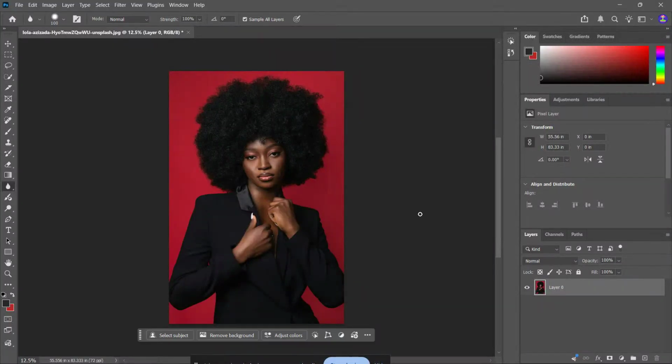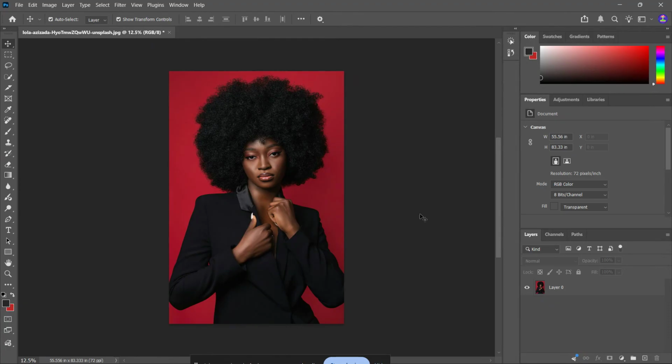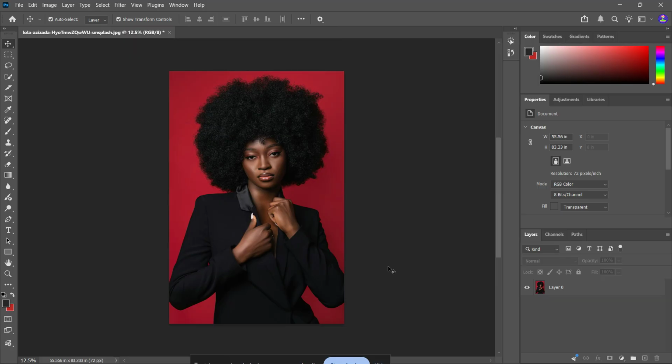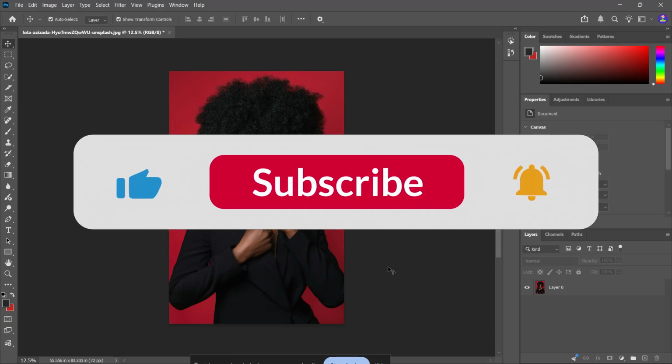If you've ever wanted to soften part of a photo without ruining the original image, this tutorial is for you. In this video, I'm going to show you how to use the blur tool in Photoshop the right way, using a clean, non-destructive workflow so you can edit safely and fix things easily if you change your mind later. This is perfect for portraits, product shots, backgrounds, or any image where you want more control over what stays sharp